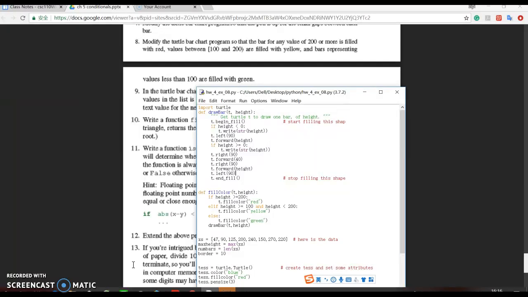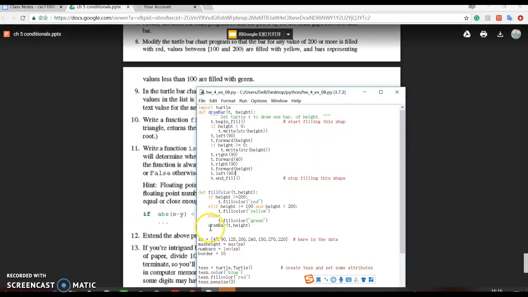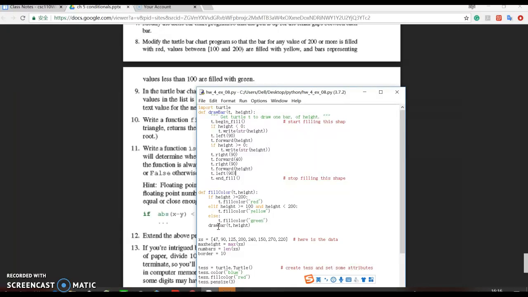So modify the turtle bar chart program so that the bar for any value of 200 or more is filled with red. Values between 100 and 200 are filled with yellow, and the bars representing values less than 100 are filled with green. So we need to draw the bar, so we use the turtle, the import turtle to set